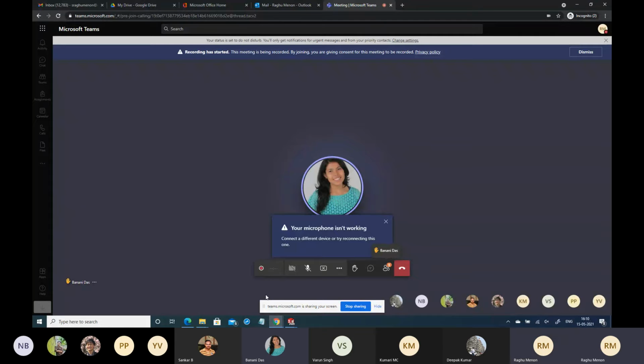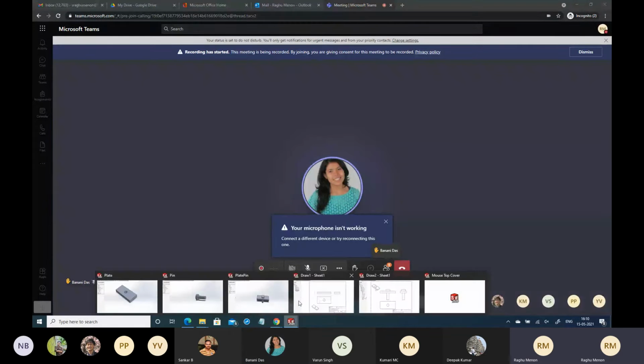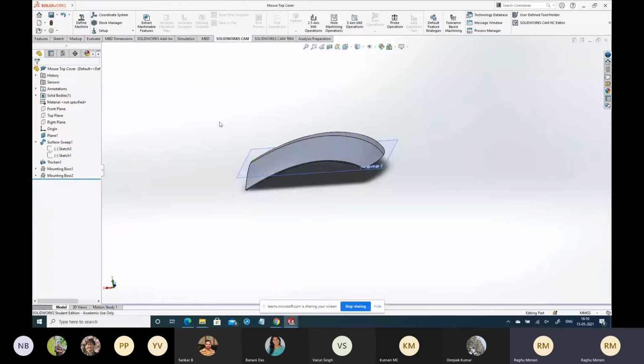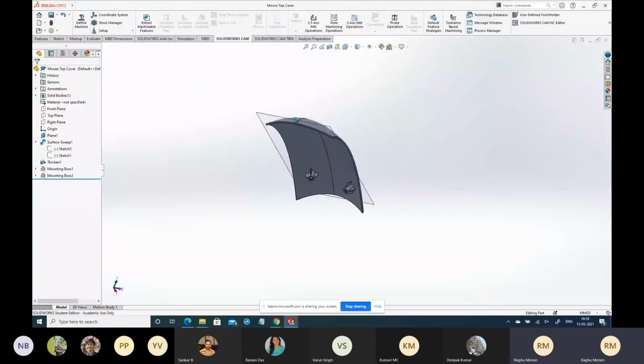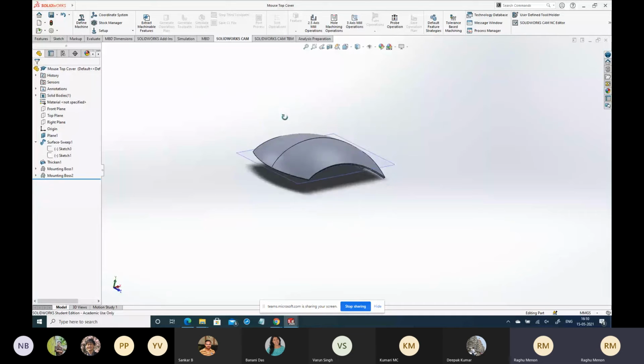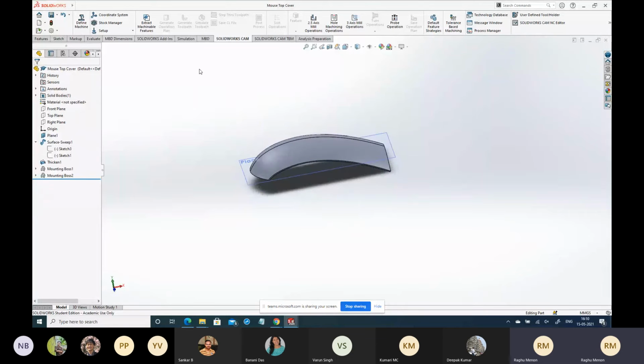Yes, you can actually build. So let me tell you the workflow. See, this is not how it works. Since you asked this question, I'll just go ahead and show you that also. This is not how it's going to be done in SolidWorks, right? So what usually happens in SolidWorks is that you will actually create